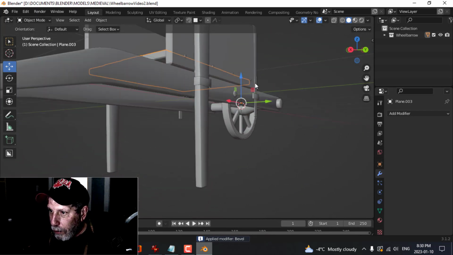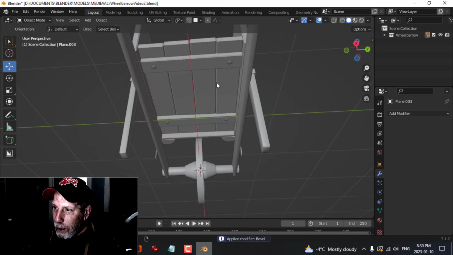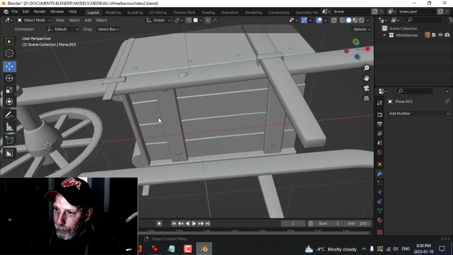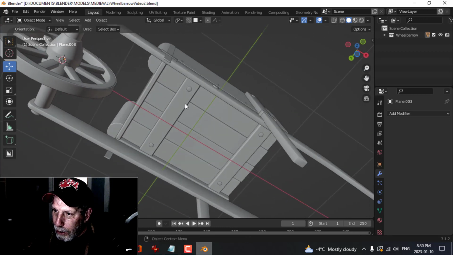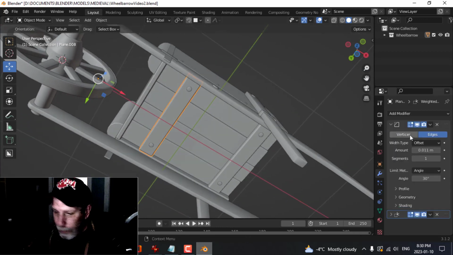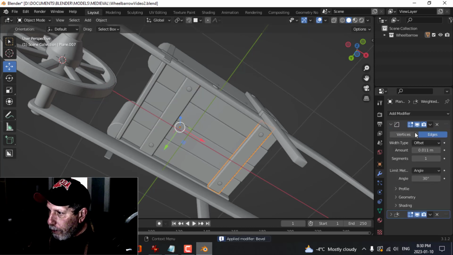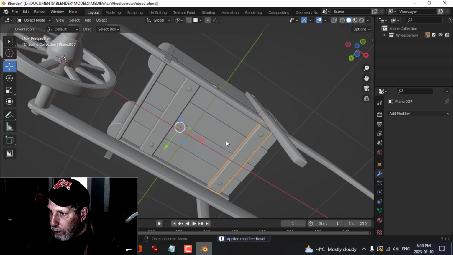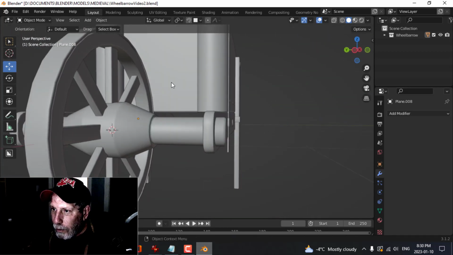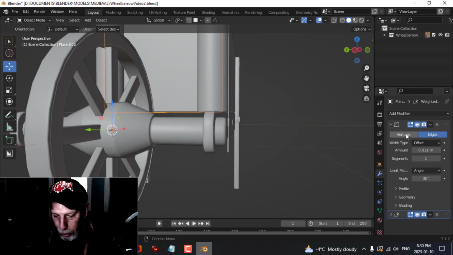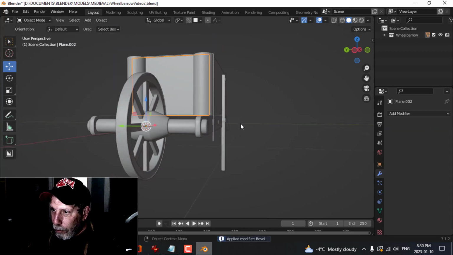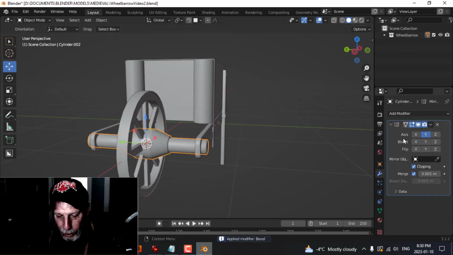Apply the bevel on that. One thing I will say is it was suggested that I put something on the bottom, so I did do that. So we've got some more support on there. And I mean, I could keep those on, but not really necessary. So we're just applying all of the modifiers here,